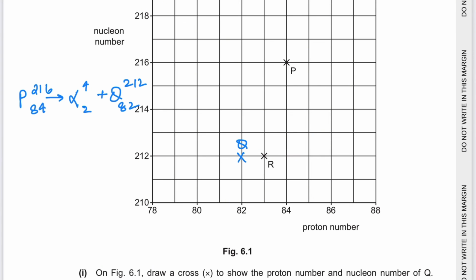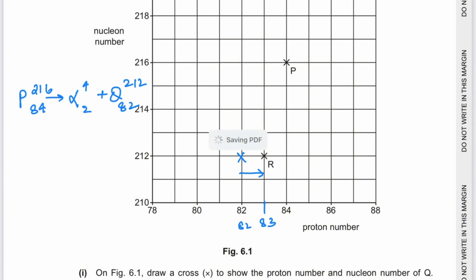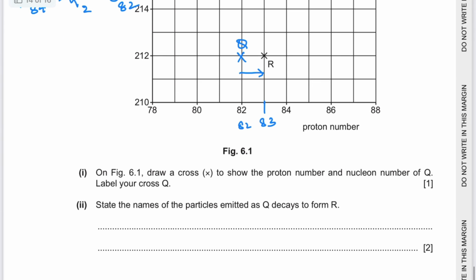State the names of the particles emitted as Q decays to form R. So Q decaying to form R, the mass number remains the same, 212 as you can see. However, the proton number increases from 82 to 83. And this happens when a nucleus undergoes beta minus decay. So Q will undergo beta minus decay, which does not have mass number. However, it does add to the proton number. So that will form R,